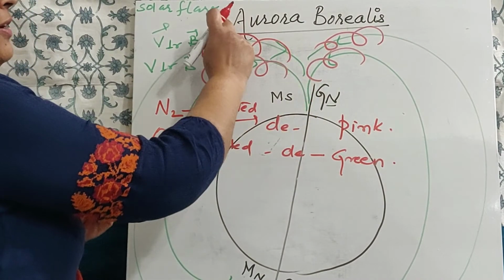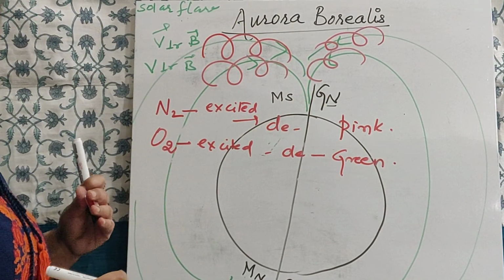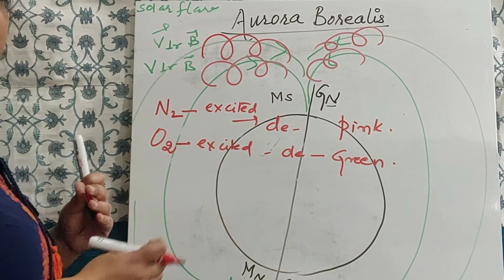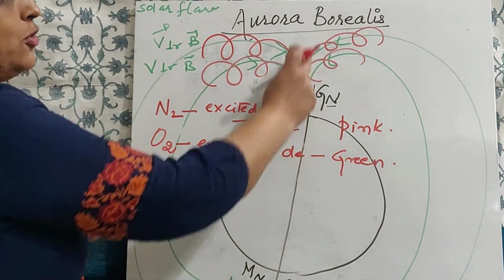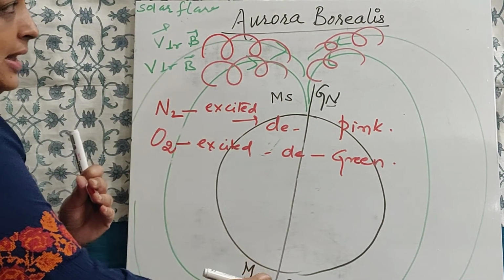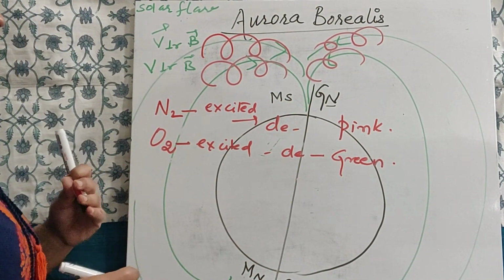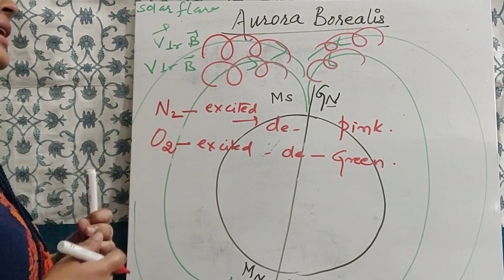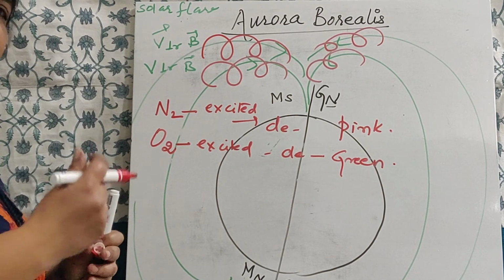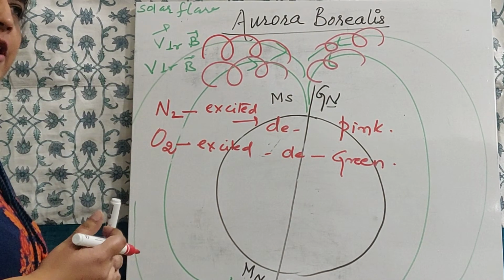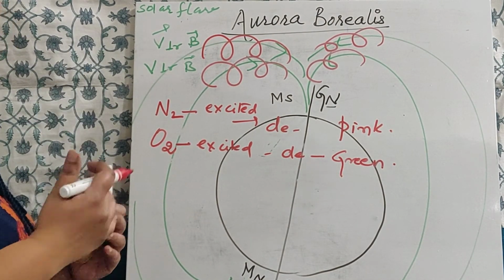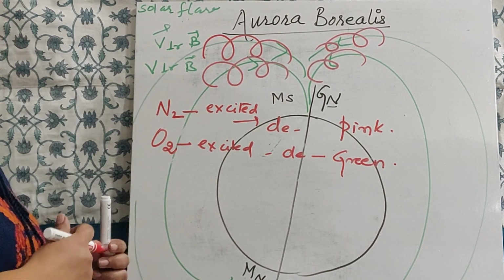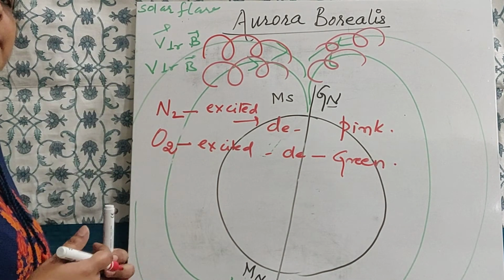In the northern hemisphere, it is known as aurora borealis, and this phenomenon is also seen in the southern hemisphere, but there it is not known by the same name. The name there is aurora australis. So this is how it goes. There's a beautiful pattern. People go for camping to see these lights, and you can watch these videos on YouTube, and you can enjoy how people see aurora borealis spread all over the sky, and it looks beautiful.